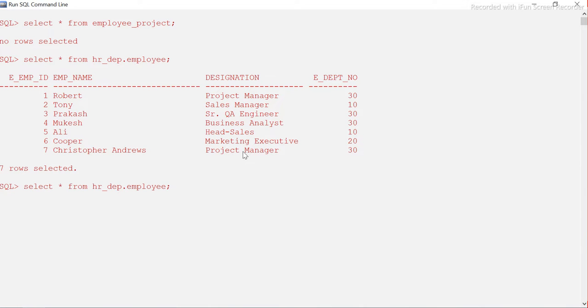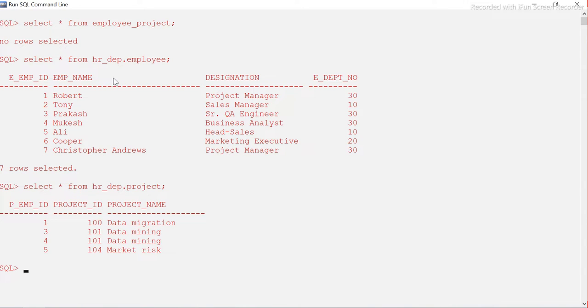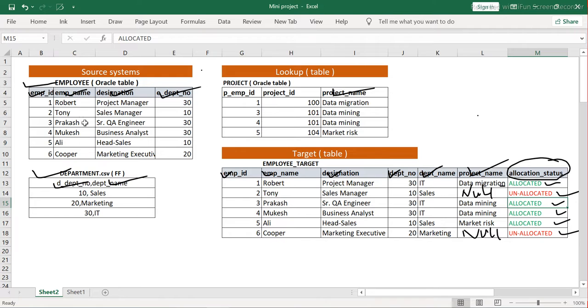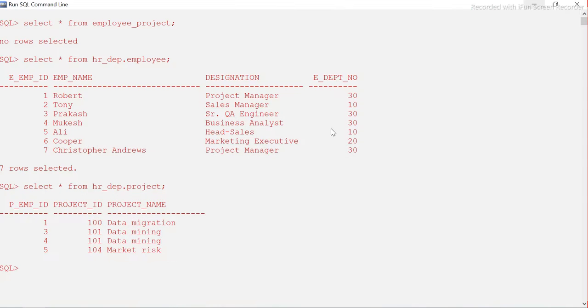And I have to use, okay, project is also my lookup table, so that also I'll show you. So guys, you see this is the employee table information. I think this is the same one that I have kept here, but I want to show you here. Now the lookup has 1 3 4 5, and the remaining will not be having 1 3 4 5. So in my target I will get everything, okay, all of this including